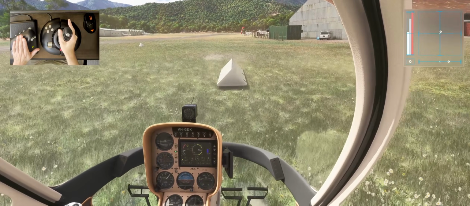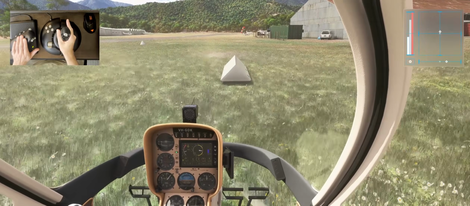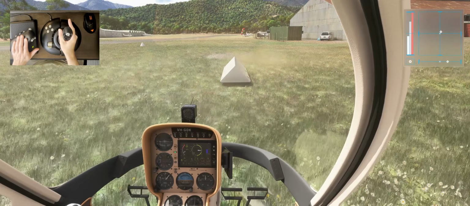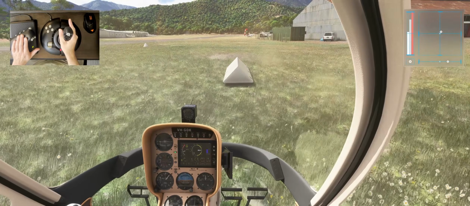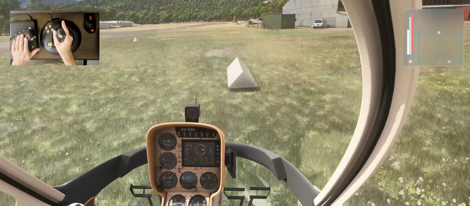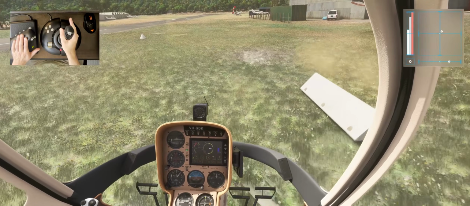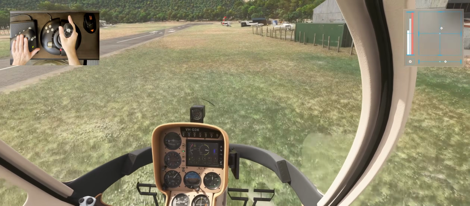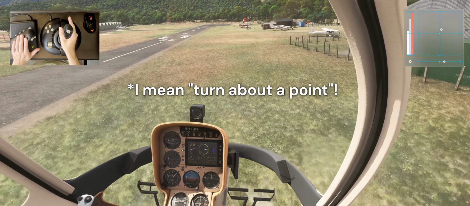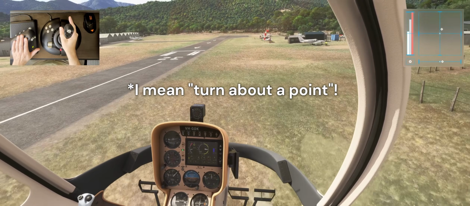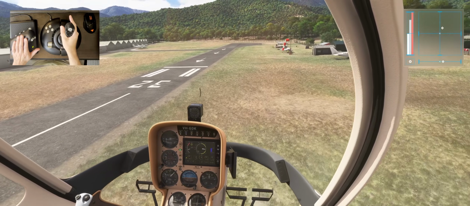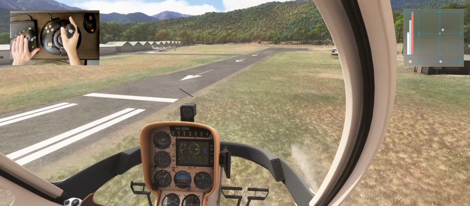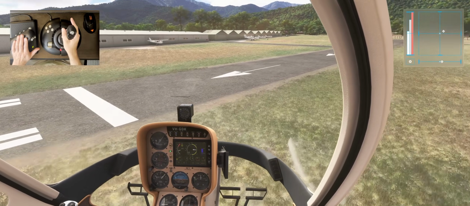Okay, I'm going to gently pop this down, and that's okay. Just keeping a note there on the input view of where my settings are. Good, that's feeling fine. Pop back up again. I'll get it back up on the numbers on the runway. Translate this way, and we will do, I suppose, another turn about the nose here to explore our next sensitivity setting. I'd love to know how you go with these. So if we call this level 1, which is low sensitivity,